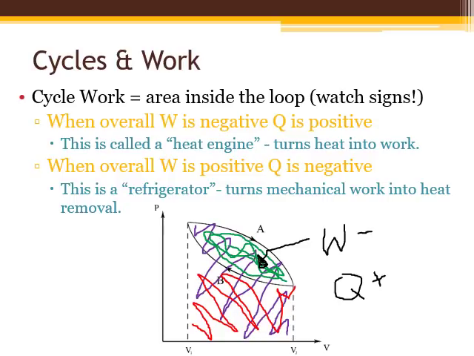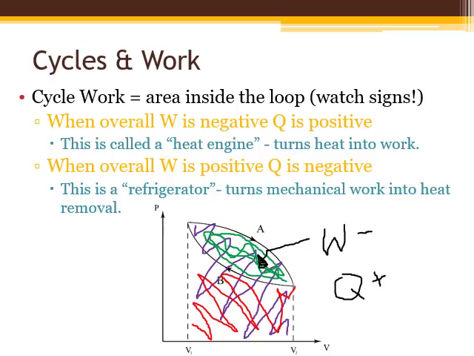Of course, we could run this cycle backwards. We could have done the B part first and then the A. And if we do that, then we actually flip the signs on everything. We would end up with a large positive work and a smaller negative work. A large positive work on one side of the cycle, a smaller negative work on the other side of the cycle. So the net work in that case would be positive,